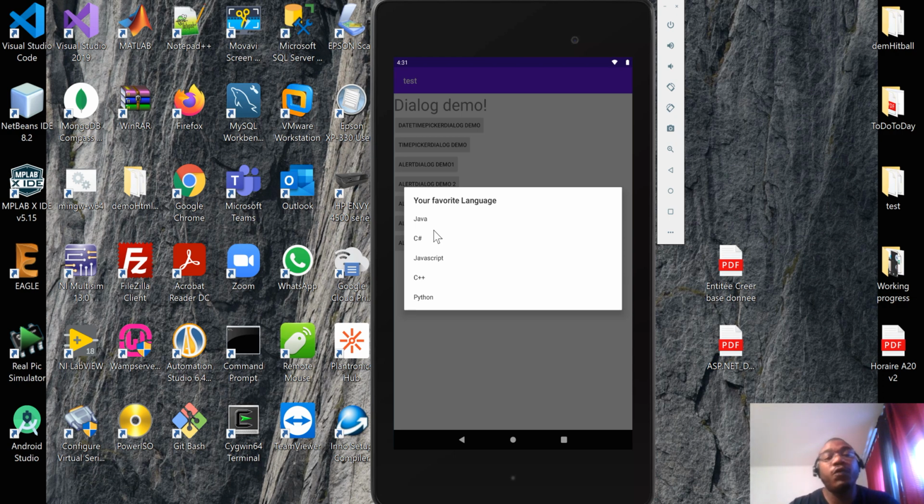Actually, there's a couple of overloads of that method, but the one I chose to demonstrate here was the one receiving in the set item method an array of strings, which are displayed. So here, as soon as you select one of these strings, in the method that you can override to react to the selection of one of these items, the dialog fades